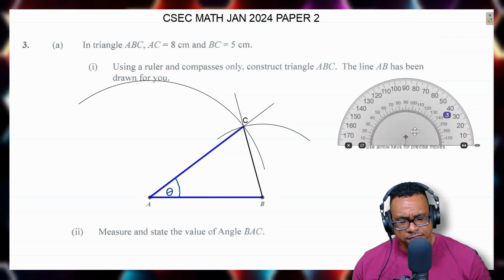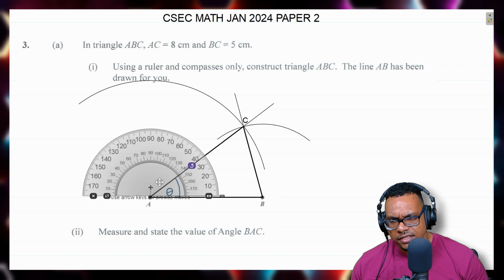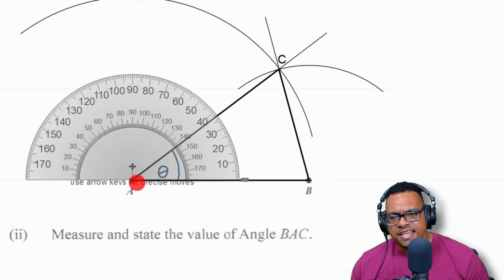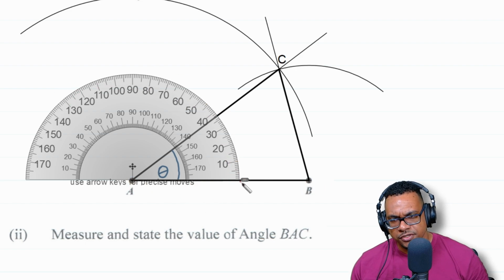So here I have my protractor. I'm going to line up the center of the protractor with the arm of the angle AB. And now this arm of the angle AB will be my 0 degrees. So I look on the scale, the outside scale and the inside scale, and see where the 0 degrees lines up with the arm of the angle AB. And we see that will be the outside scale. The 0 is here on the arm of the angle AB. So now I go all the way around from the arm of the angle AB to the arm of the angle AC. So if we go all the way around like this, we see we are lining up with about